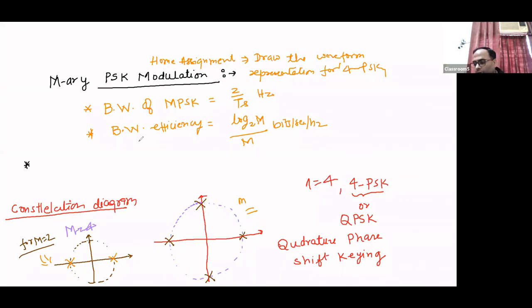Now, after doing these modulation schemes, M-ary ASK, PSK, FSK, we should move towards the information theory part. Because I have discussed that whenever you are transmitting your information, the nature of information is very important. So either your message is properly compressed or your message is properly spread, meaning you are using source coders and channel coders at the transmitter side. So these things are also very important.